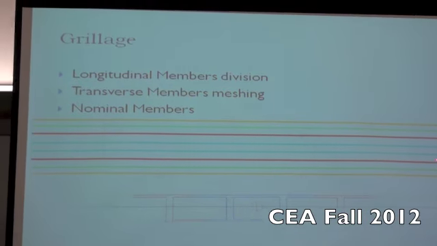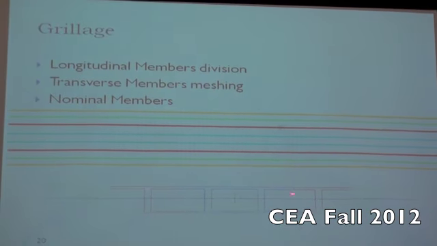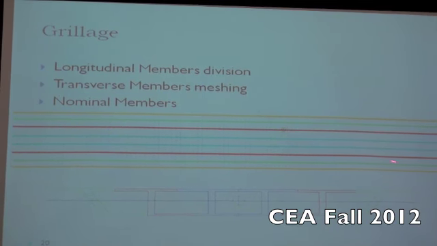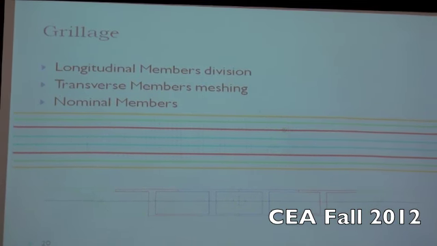In our grillage in SAP 2000, we model each and every longitudinal member with the same colors and properties, and we set its weight modifier to be 1 to calculate the dead load. However, in the transverse members, we set its weight modifier to be 0 to avoid double counting of the dead load. As for the transverse members, usually the mesh of the transverse member is span over 40 or span